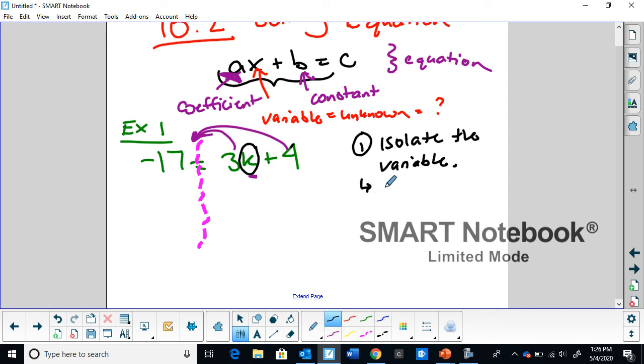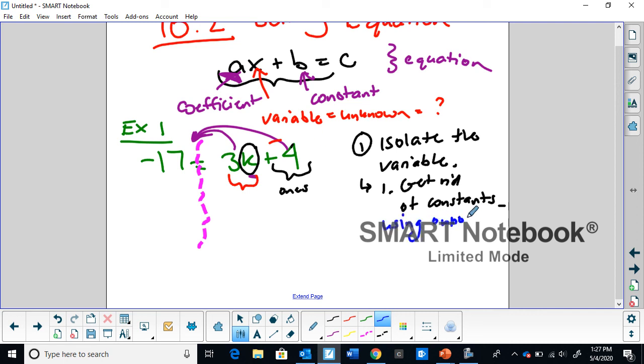To do this, my first step would be to get rid of the constants. And by that, I mean these extras, the ones that are not attached to a variable. If you notice, this 3 and this k have a really good bond. They're like Velcro, attached to each other. But this 4 is kind of hanging out. We're going to persuade him to go to the other side of the field. And how we're going to do that is if we notice opposite operations